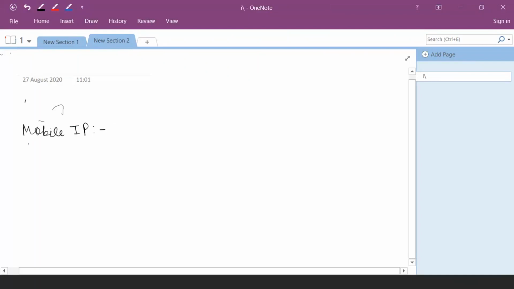And by using the mobile IP, there is no need for modification of the current TCP/IP protocol and the OSI layer architecture. It acts as a proxy server or a man in the middle, such that it can provide you an abstraction level, and you cannot realize the complexity of the network in terms of the location change and the connectivity change also. So the goal of the mobile IP is to maintain the mobility and maintenance of the IP address.